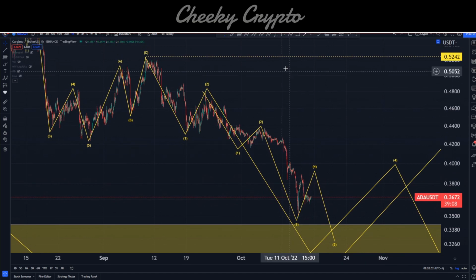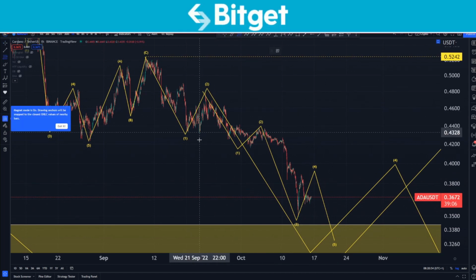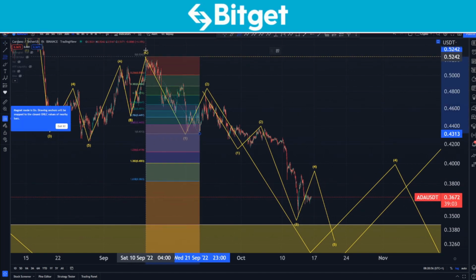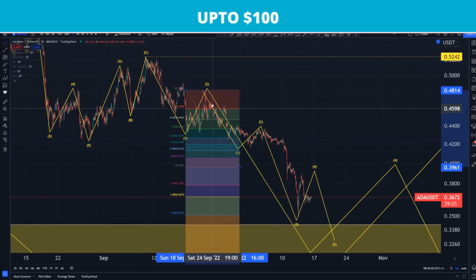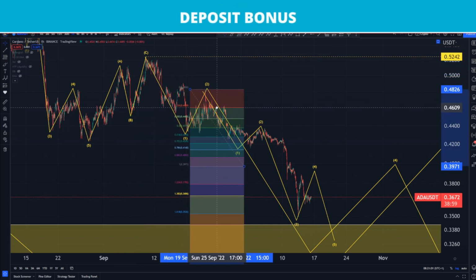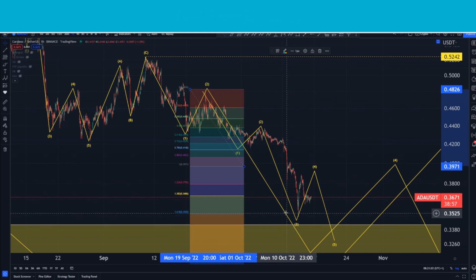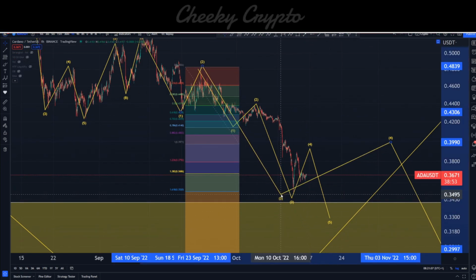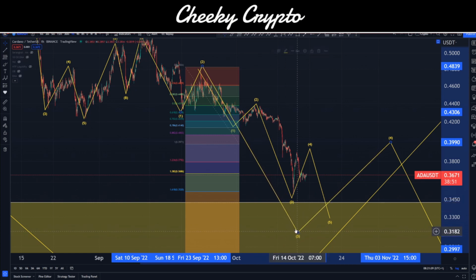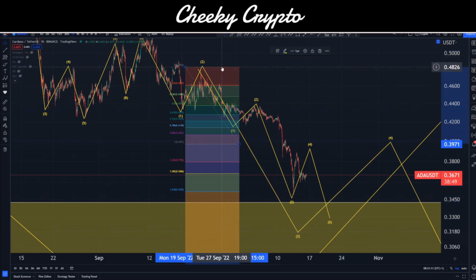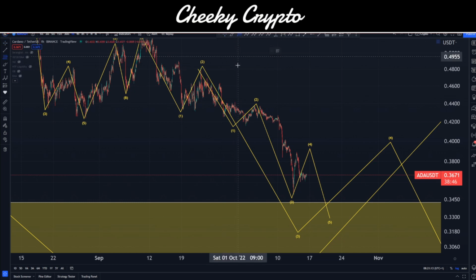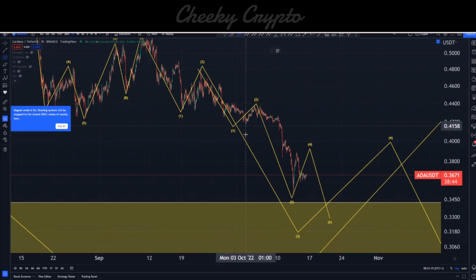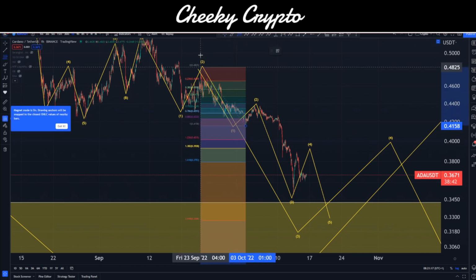Let's go ahead and do some fib measurements just to make sure that I'm definitely on the right track here. This is all just eyeballing it, but we want to sense check what I've just done to make sure that everything here makes sense. This has gone past 1.618, so we'd argue that that is wave 3 minimums met. But I would say that there's an internal count here that's also interesting, so we're just going to keep an eye on that one. And we're going to measure this just here, just to do these sense checks.